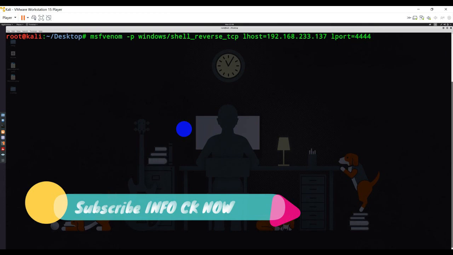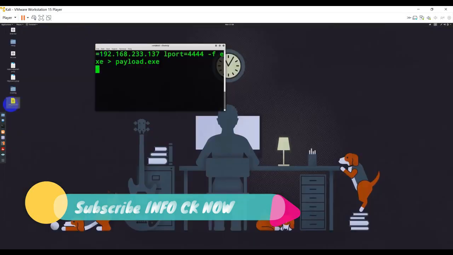And with hyphen f I'm going to set the output format to exe, and save it in this particular path as payload.exe, right? As soon as I type, you will see a payload file has been created.